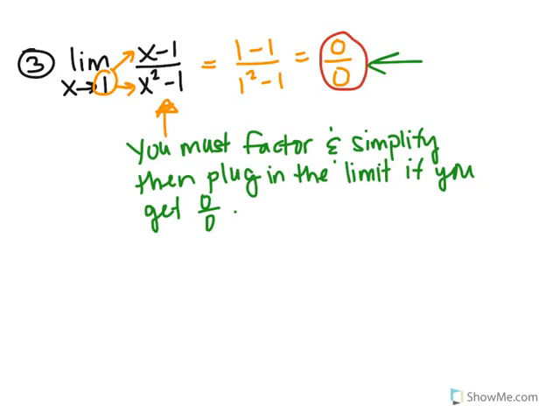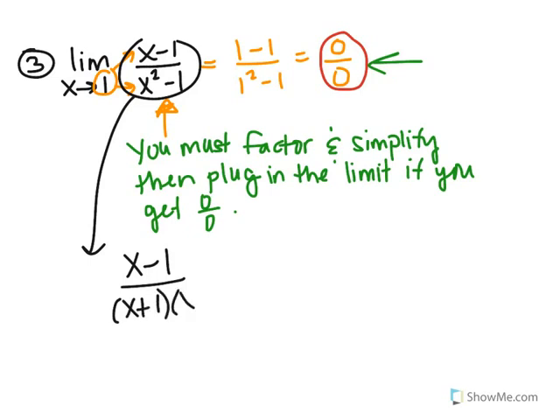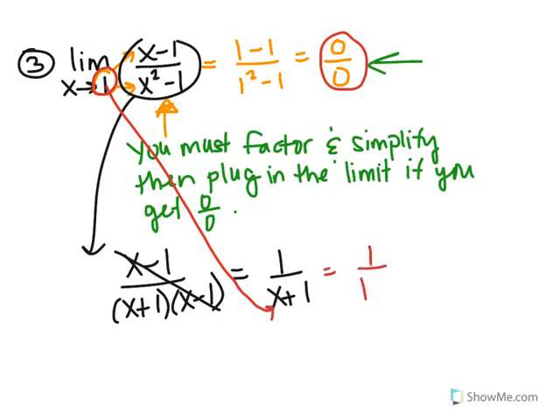When I go back to this expression, it looks like the denominator can factor. That's a difference of 2 squares, which factors into x plus 1 times x minus 1. And these can cancel. So when I simplify this, I get 1 over x plus 1. Now I can plug in the limit into the simplified version. So I get 1 over 1 plus 1, or I end up getting 2. So the limit is 2. Sorry, the limit's not 2, it's 1/2. Sorry about that. And let's look at the graph.